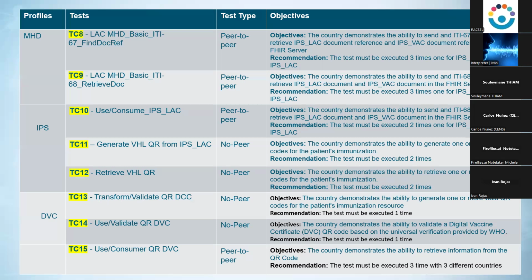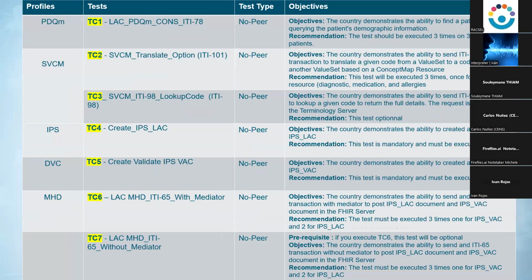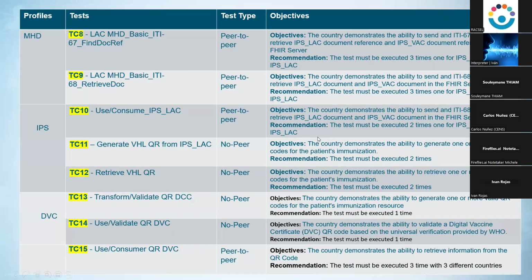Now test case 11. The country has to show the ability to generate the VHL, the verifiable health link QR code, based on the IPS LAC they created in test case number 4. They will generate the VHL QR based on their IPS LAC, and then they will publish that QR code in the Gazelle samples list.